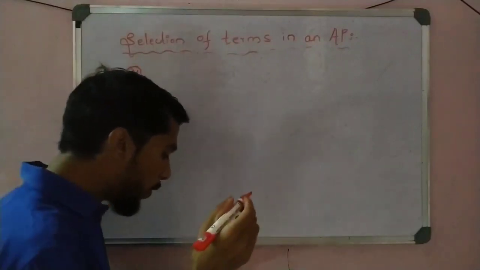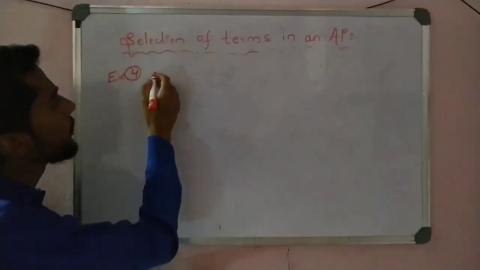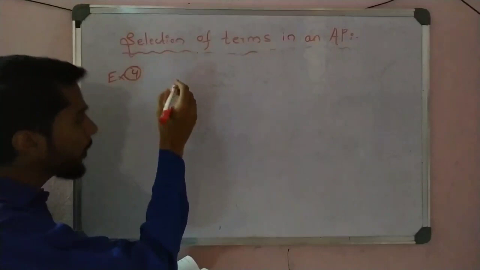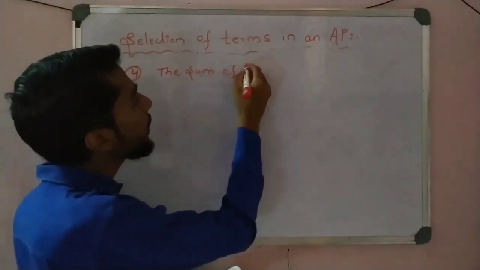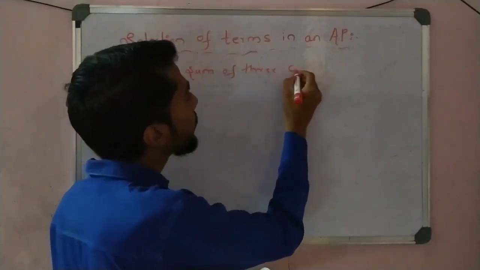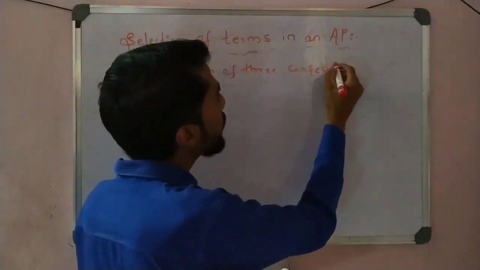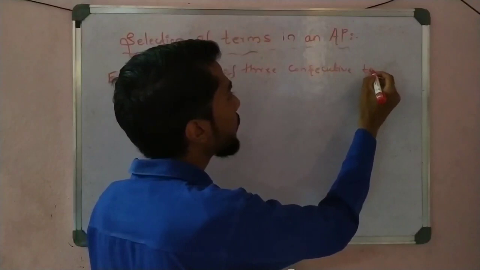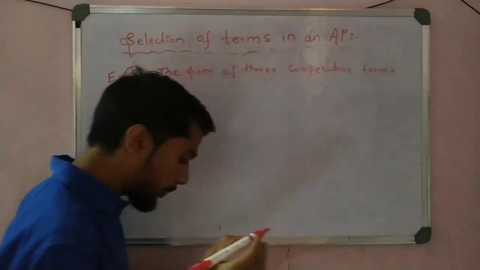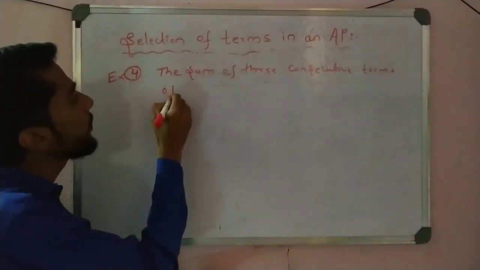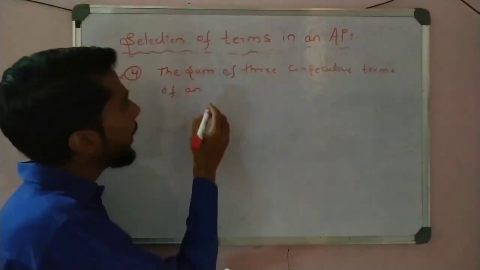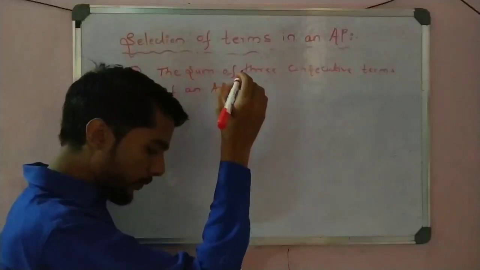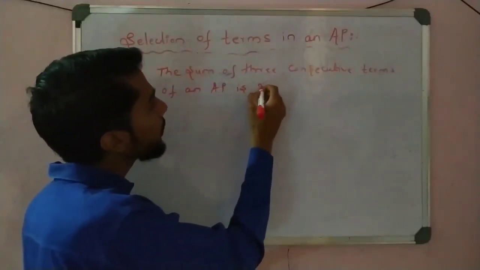The sum of 3 consecutive terms of an AP is 21